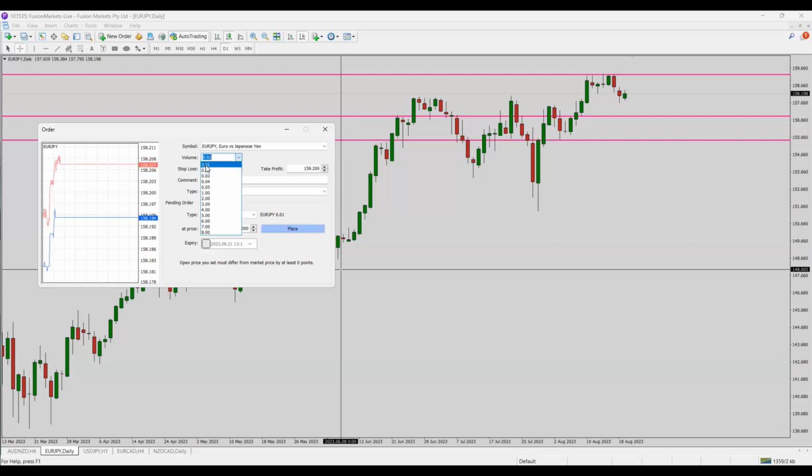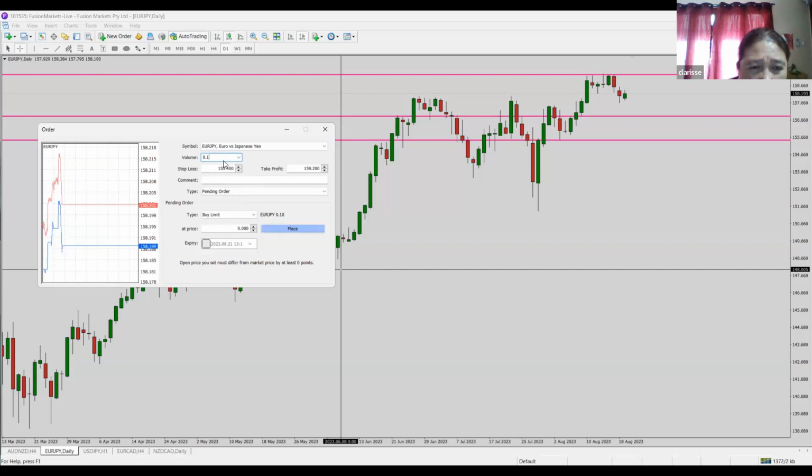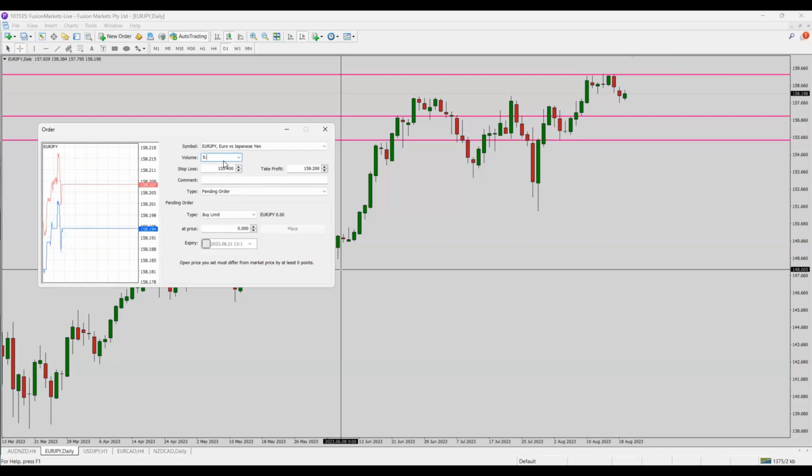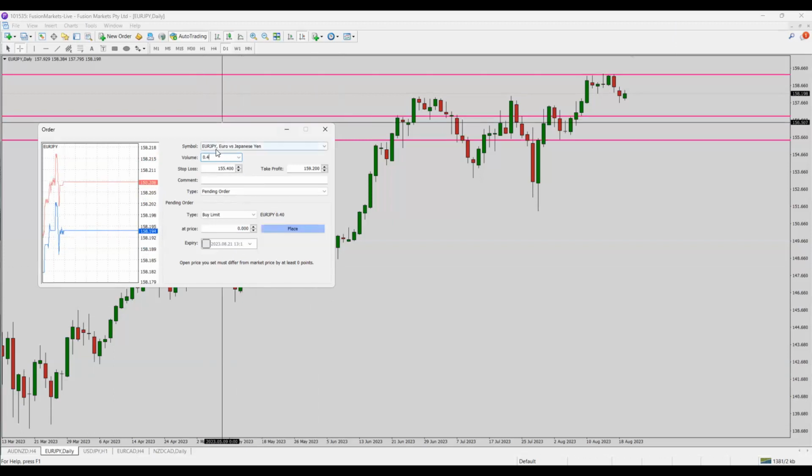When you have 2 decimal points, it's micro, smaller than mini. So when you want to buy 1 mini lot, it is 1 decimal point: you put in 0.1. If you want to buy 4 mini lots, you put in 0.4. Let's say when your account gets bigger and you want to buy 2 standard lots, you put 2.